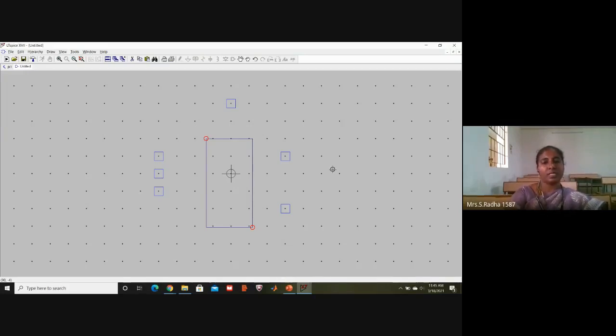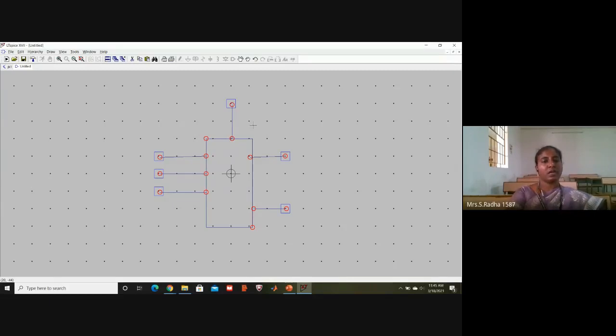Now press L from the keyboard and you connect every pin to the diagram. Again L from the keyboard. I am connecting the second pin. L means line, P means pin. L you press on the keyboard and I will be able to draw the line. In the starting point and ending point, you give one click, then escape. Again L from the keyboard, and this is the next thing.